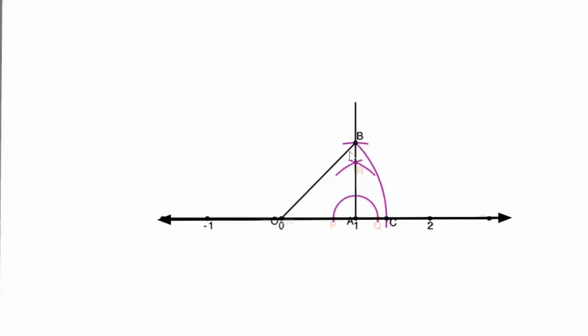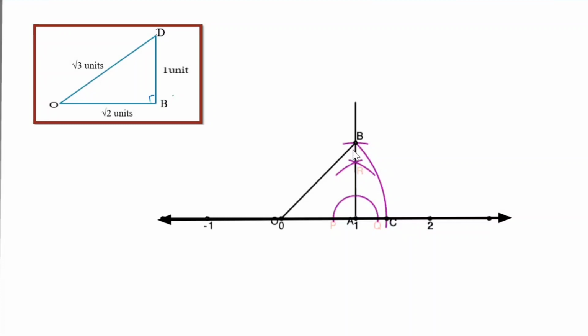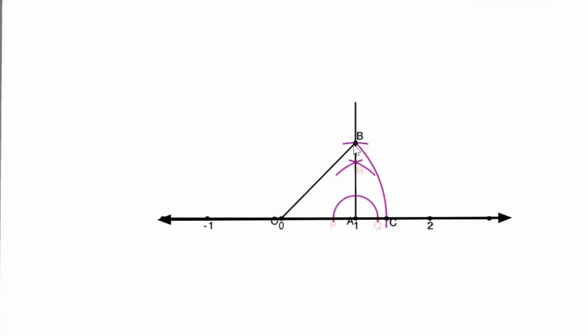So we get this length OB as root 2. So if you remember the triangle that I had shown you, in that triangle I had shown you that if I have a right angle triangle with one side as root 2 units, this is OB is root 2, and I have a perpendicular of 1 unit. So if at B, I construct a 90-degree angle and the perpendicular is of length 1 unit, then the hypotenuse that I will be getting will be equal to root 3 units. So let us construct the perpendicular at point B. So you know the procedure. How do we do that?